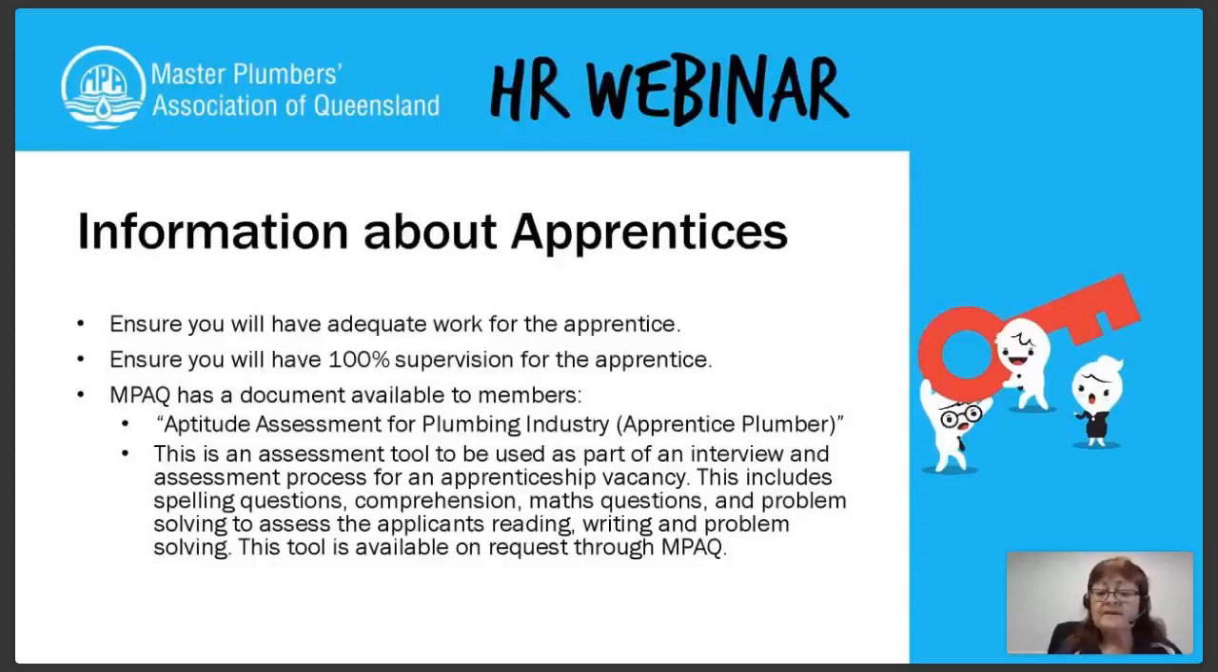Ensure you'll have 100% supervision for the apprentice. So as a person is doing their apprenticeship, their work must be supervised at all times. So if you only have one tradesman, you wouldn't put on 3 or 4 apprentices, because that one tradesman's not going to be able to adequately supervise all of those apprentices at the same time unless they're all going to the same job,